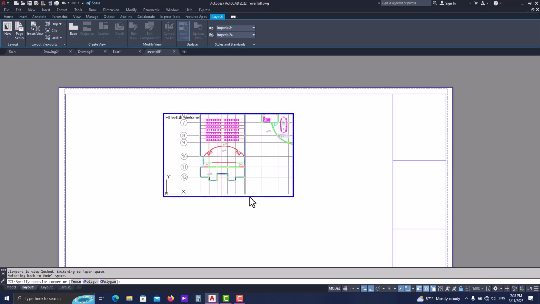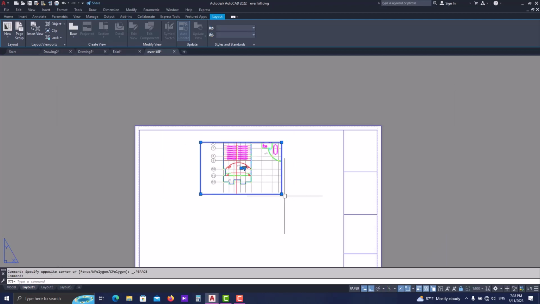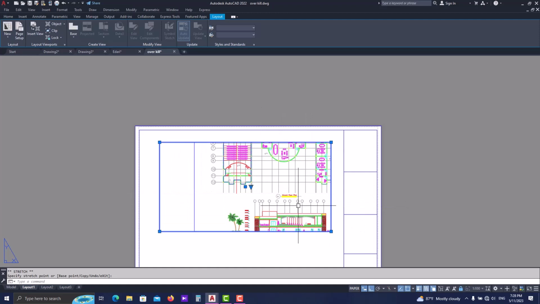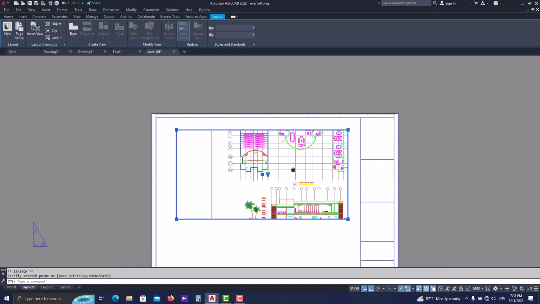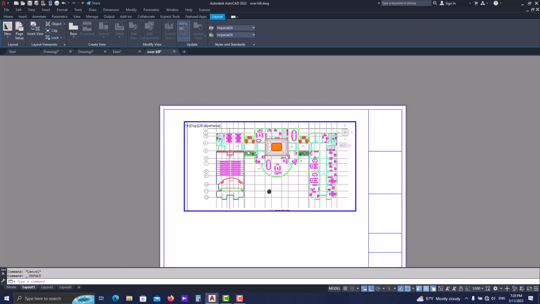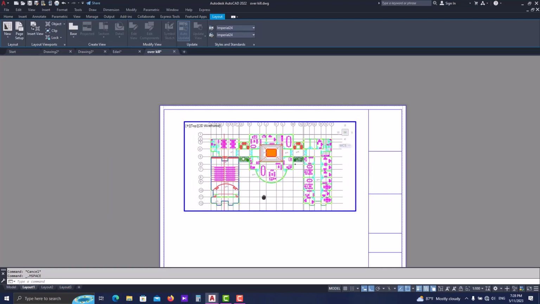So first I need to expand my viewport boundary like this. Okay, after that, again, we can unlock it, then enter it and set it exactly in a place that we want. Then we can change the scale to 100. Okay, now that we're sure, we can lock it. Then we can change the boundary again,